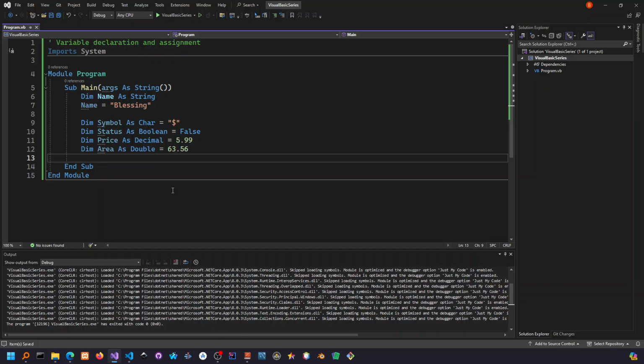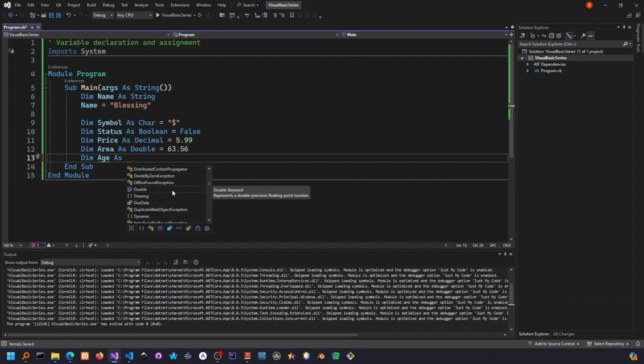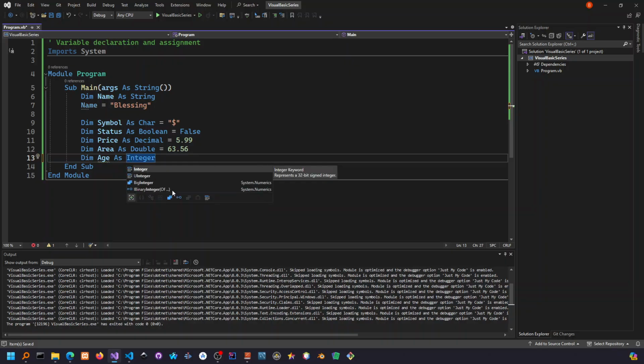Then we can also declare an integer. So we can go Dim, maybe a person's age will be prime territory for declaring an integer. So we can say Integer, then you can maybe set that to 5. Any other data types? We've looked at Char, we've looked at Boolean, we've looked at real numbers. Yeah, so I think that's just about it for variable declarations. These are the main ones that we'll be using